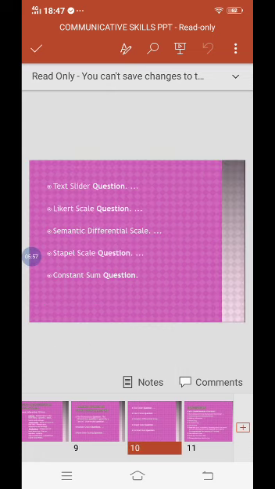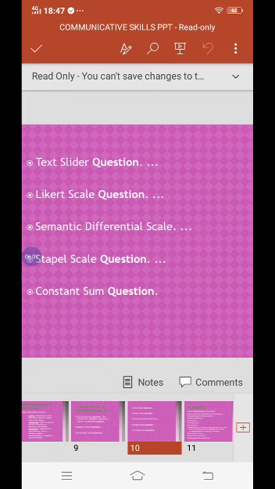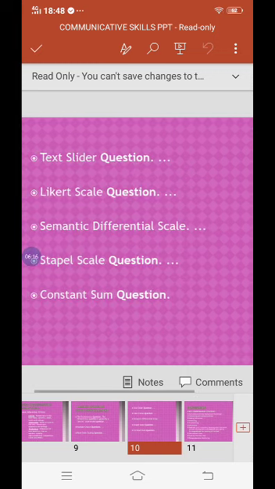Next is the text slider question. A text slider question is a rating scale question type that uses an interactive slider in the answer to select the most appropriate answer in a question. The scale is well defined and on an equal continuum. Rating scales are often used to measure the direction and intensity of attitudes. The example mentioned above can also be depicted by a text slider where either end of the option has an anchor.